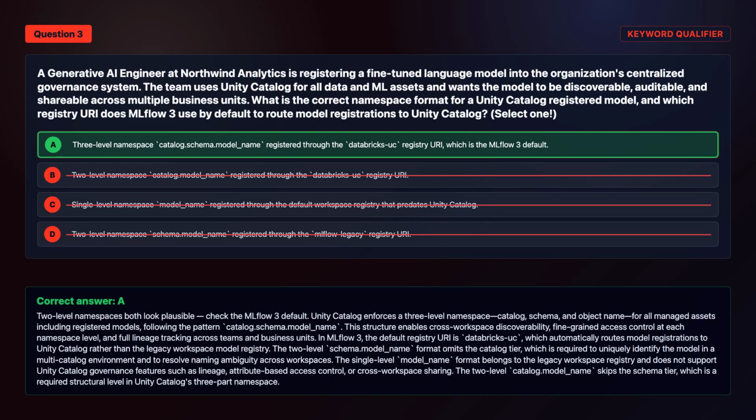The correct answer is option A. Two-level namespaces both look plausible. Check the MLflow 3 default. Unity Catalog enforces a three-level namespace, catalog, schema, and object name, for all managed assets including registered models, following the pattern catalog.schema.model_name. This structure enables cross-workspace discoverability, fine-grained access control at each namespace level, and full lineage tracking across teams and